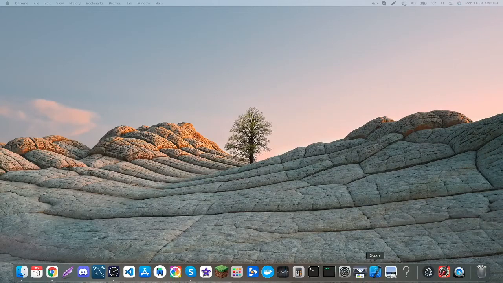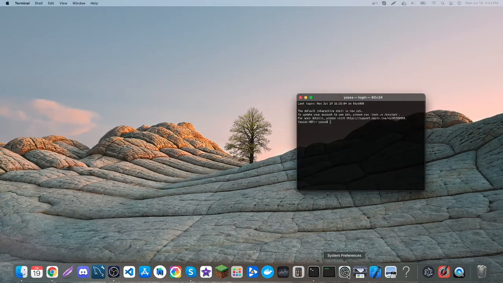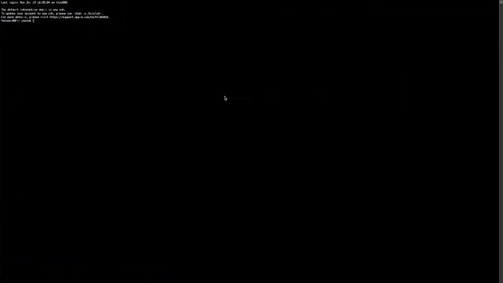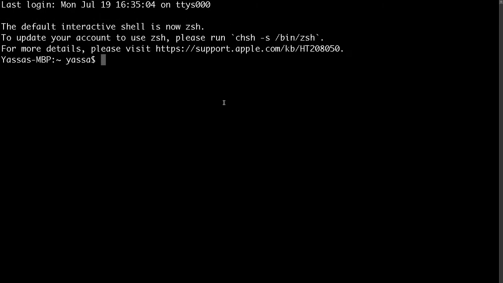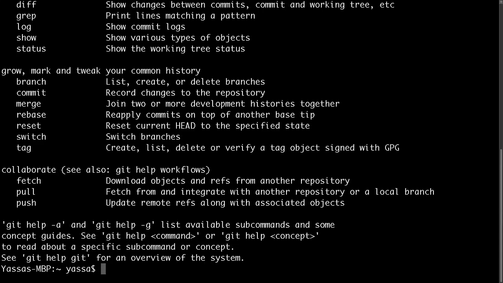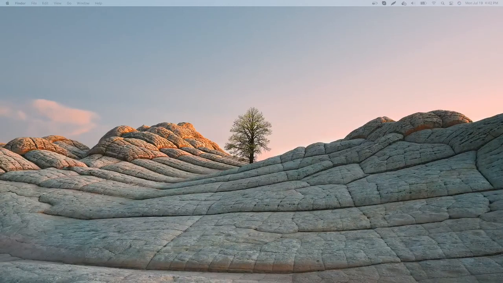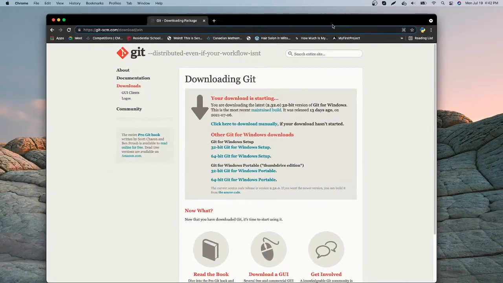Alright, so the first thing we're going to want to do is check to see if Git is downloaded. If you have a Unix-based system, so Mac or Linux, and some variants of Linux, you will have Git installed. Just to check this, just type git. Now, if you get an error, or if you're on a Windows computer, then just type in git download, and you're going to see the first website by